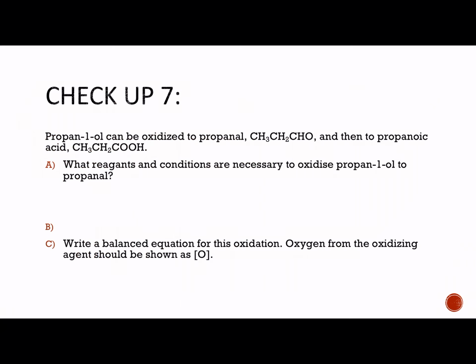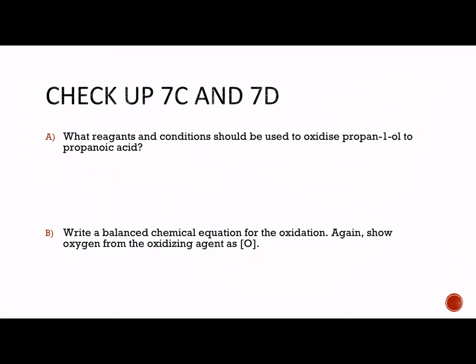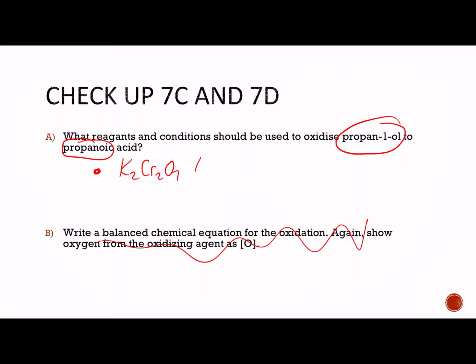And then we're going to do one more question. I'm going to skip this because we haven't discussed yet the conditions to keep an aldehyde. We will, but we have not. But let's take a look at what reagents and conditions would be used to oxidize propene-1-ol to propanoic acid. This will be your final question for the day. So you could have written either K2Cr2O7 with dilute H2SO4, heat under reflux,